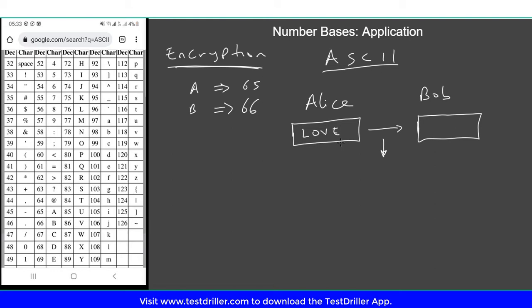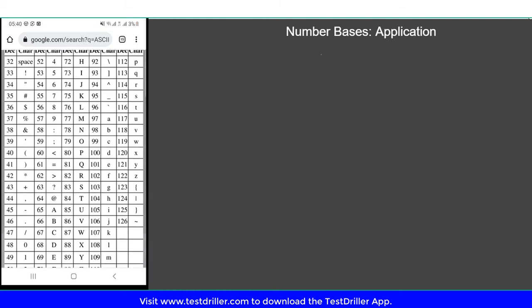I'm going to give you an idea of what happens when you transmit information via Bluetooth. This is just a simplified version of what happens when information is transferred via Bluetooth to another device. Let's take a look at the detail. Let's talk about how Alice can encrypt the message, which is love, before sending to Bob. But before I talk about that, let me explain a concept which we are going to use. This concept is called